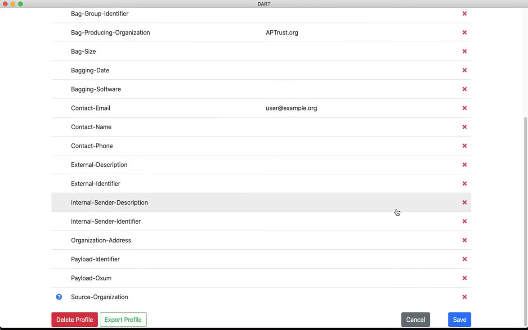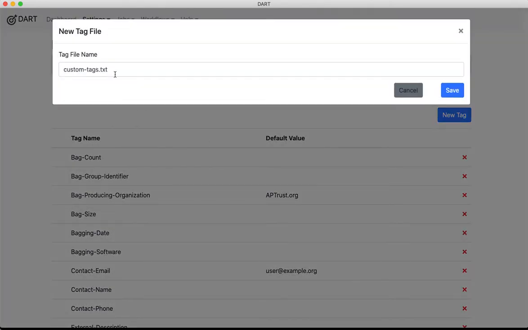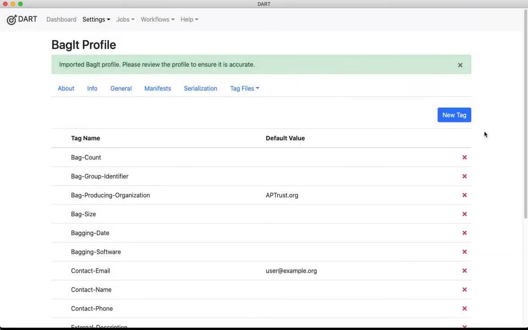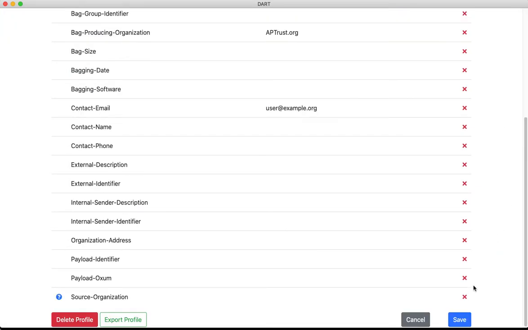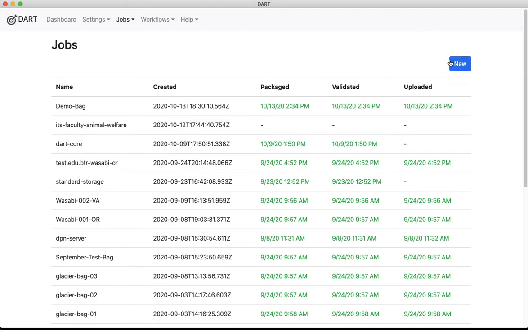So if I wanted to, I could add more tag files to this profile, to my customized version of this profile, and add some default values or rules for those tags. I'm not going to do that now, but I'm going to show you how this new profile, BTR import, can be used in a job.